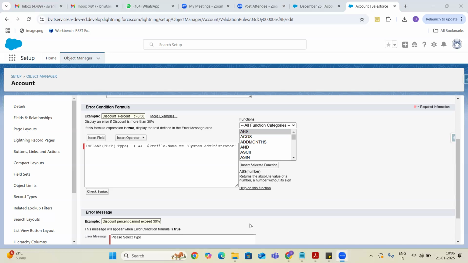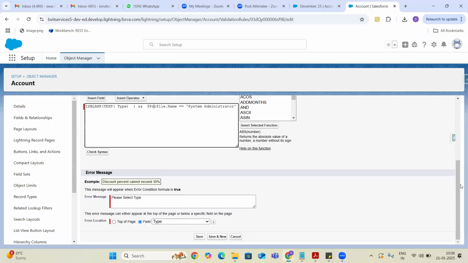This was clearly explained in yesterday's class. If this condition is satisfied, then it will display this message. That means this is the system administrator user and they haven't provided the type. So type is blank. In that case, it will display a message saying please select type. Like that we can write the formulas and display messages to the users.